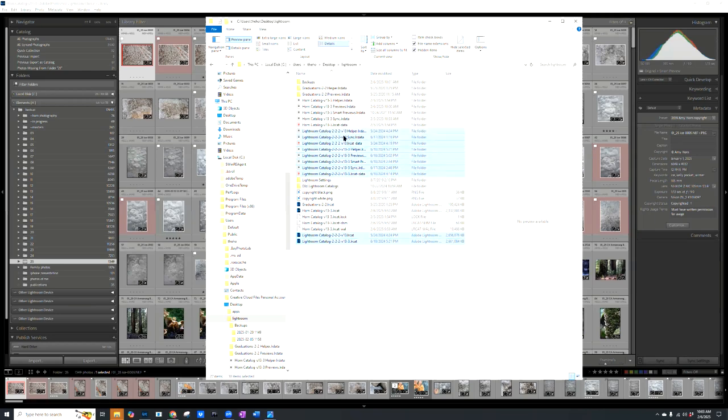Now, when it comes to all of these files, you'll notice some are not highlighted right now. The Horn Catalog version 13-3, LRC lock. Several of these are locked files, and they actually only appear when Lightroom is open. So if I close Lightroom, these 3 are going to go away. Because I don't have these catalogs open, I have fewer corresponding files. But again, I'm going to go ahead and